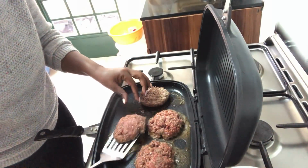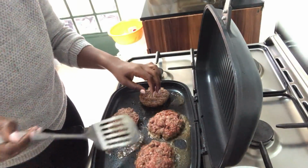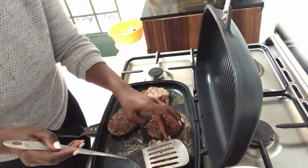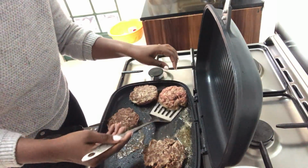Actually more around 6 minutes, I guess. No, actually more like 7 minutes. Be very careful when you're turning. You can see that mine kind of broke apart at some point, the last two especially. This is why I was saying that I wish I had added one more egg. I feel like they would have been